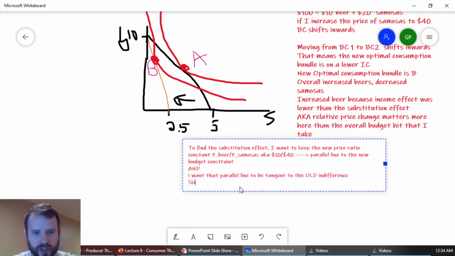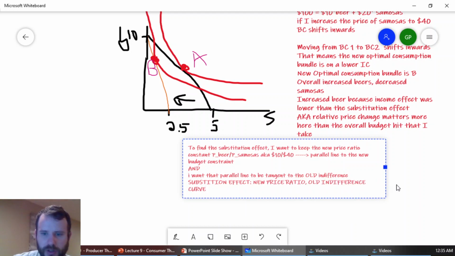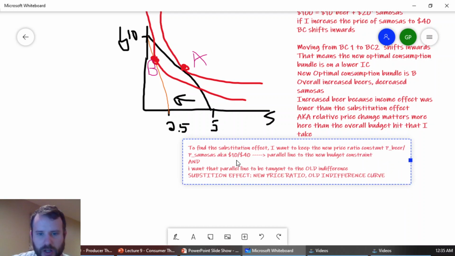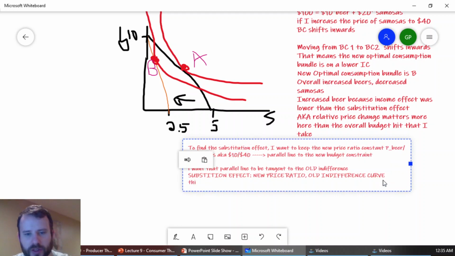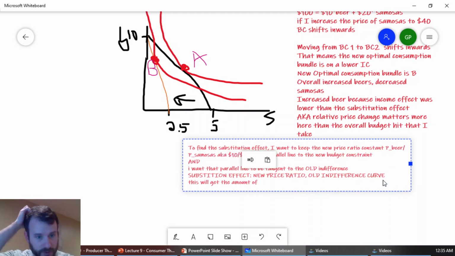AKA substitution effect. New price ratio, old indifference curve. So essentially we're looking for when the old indifference curve had the same marginal utility as this one here. Okay. This will get the amount of consumption change